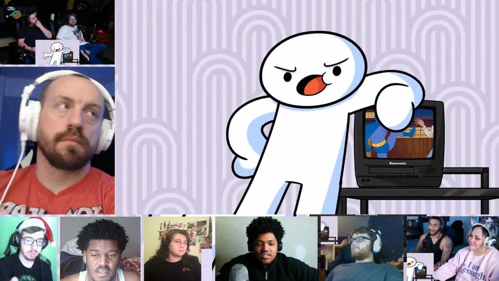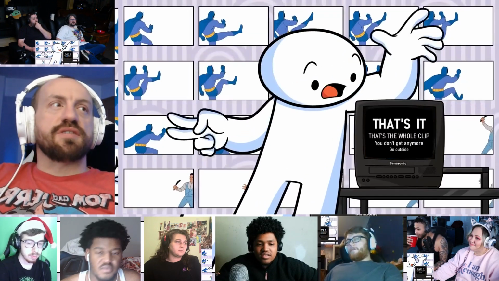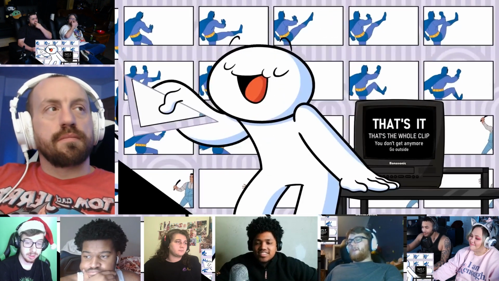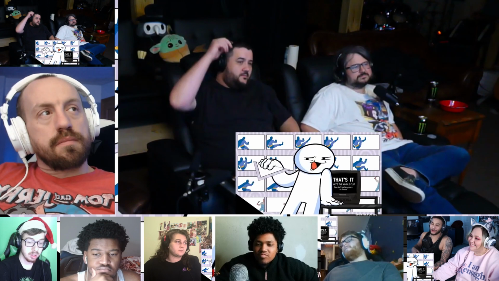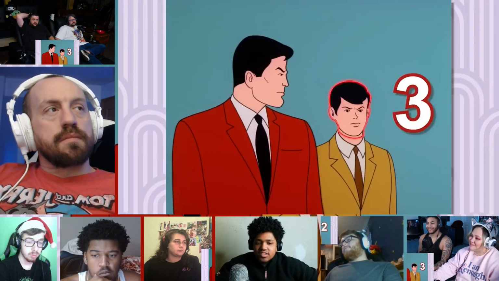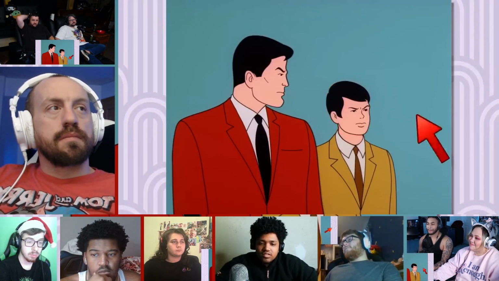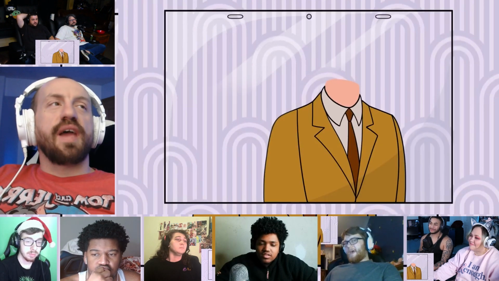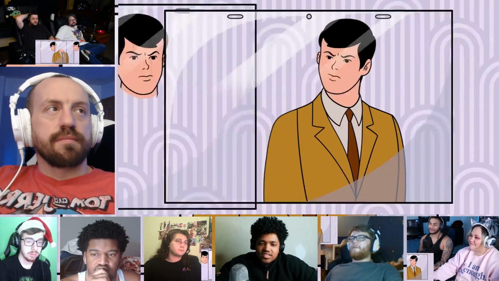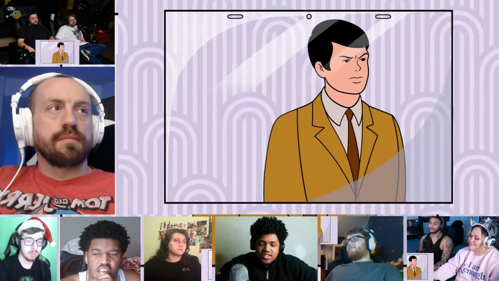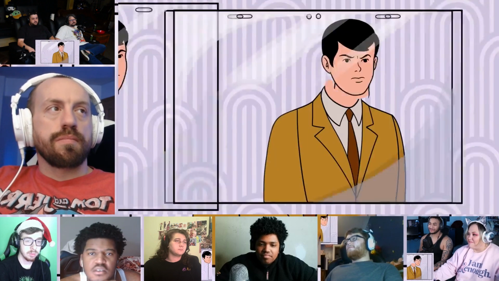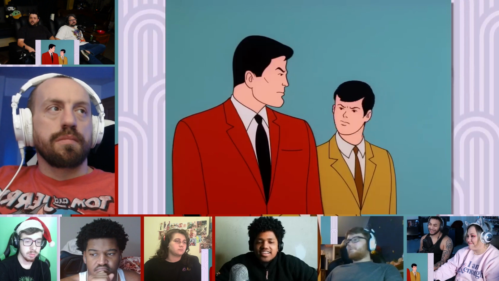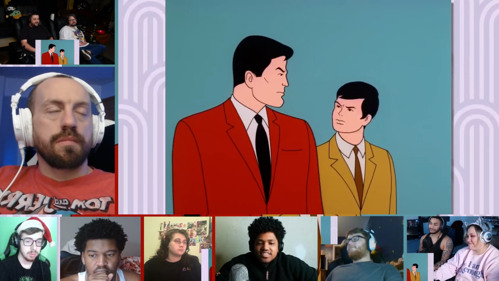Now, because having to hand-paint 20 different images for 1 second is insane, there are some things we can do to cut corners without having to sacrifice too much quality. Like in this shot, Robin takes 5 frames to turn his head, but his body doesn't move. So we can paint his body once on its own cell, and now we only need to paint 5 different heads. And since we already have all the frames painted, we can just use the same frames in reverse to make his head turn the other way. And you don't need to pay a background artist to paint a background if you just use blue.